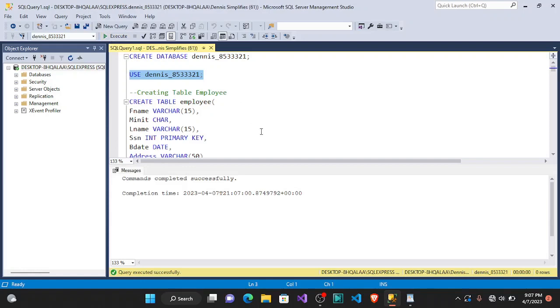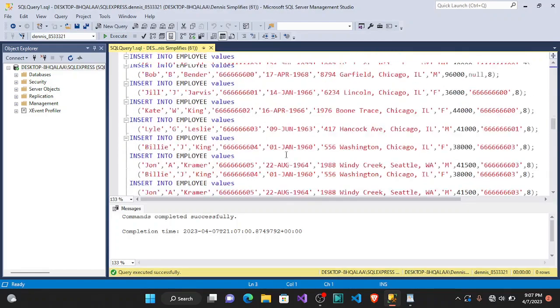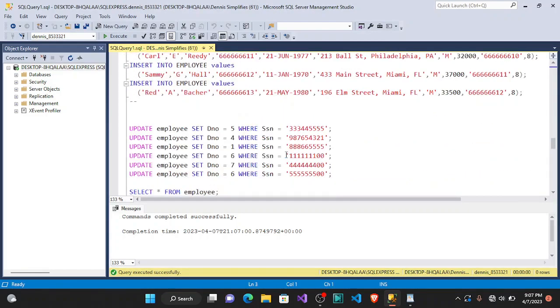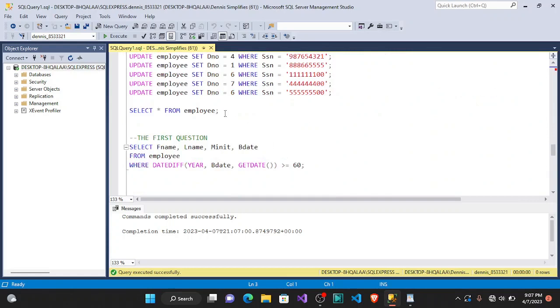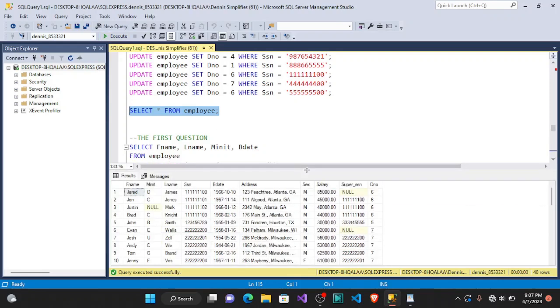Alright, so now let's go down here and select from the employee table that we created. So let's select everything here. Now from the table here, what do you see? You can see that these are the normal employees, right? And we have the SNIT number. We also have the super SNIT, that is the